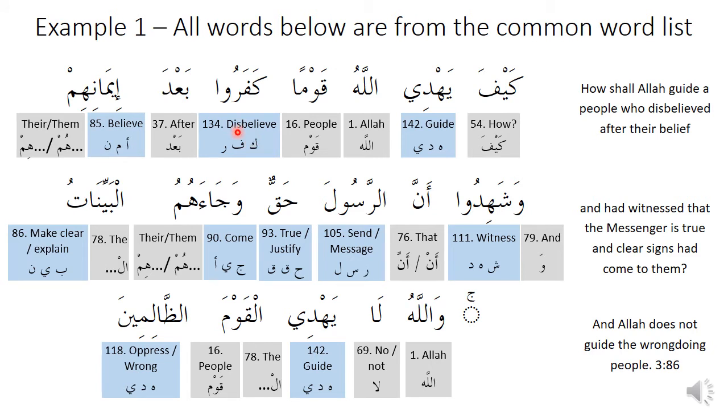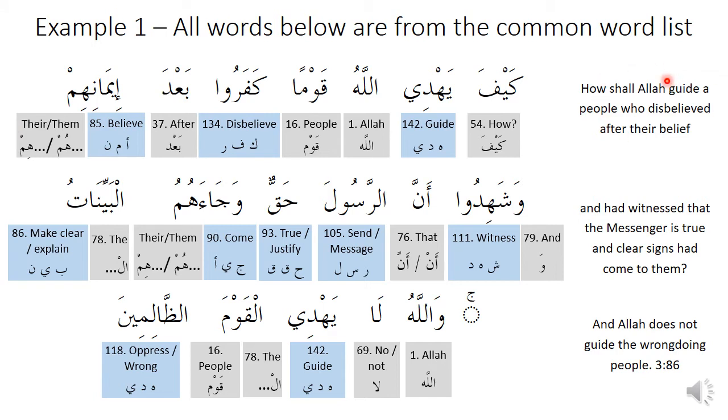If you look at any Arabic course, they spend a lot of time on verbs and root words because that's where most of the complexity is. The grey words, it's just a one-to-one translation. So you can see there. If you look at the basic translation, you would get: how guide Allah people disbelieve after believe there or them. So you can see that's different to this. So the first step is we need to know the meaning. We need to know the basic meaning, but there's a bit of a step to turn these raw words into a sentence here.